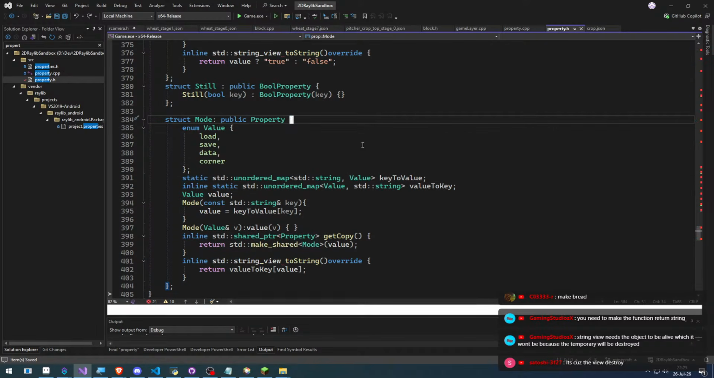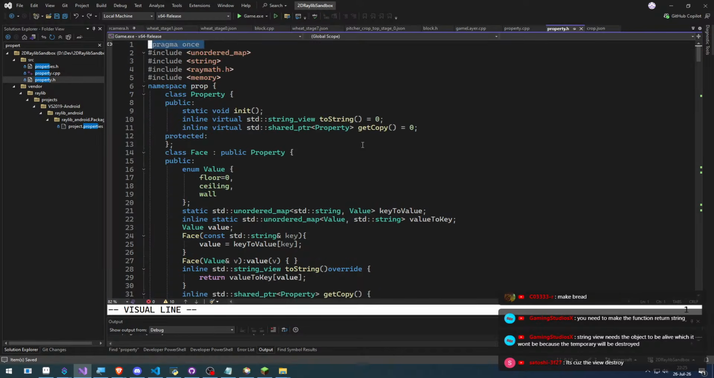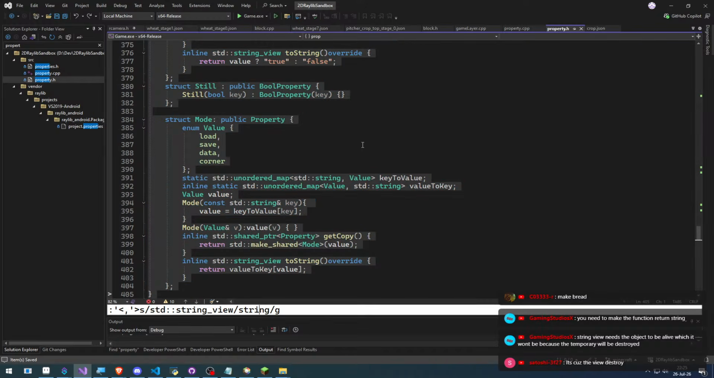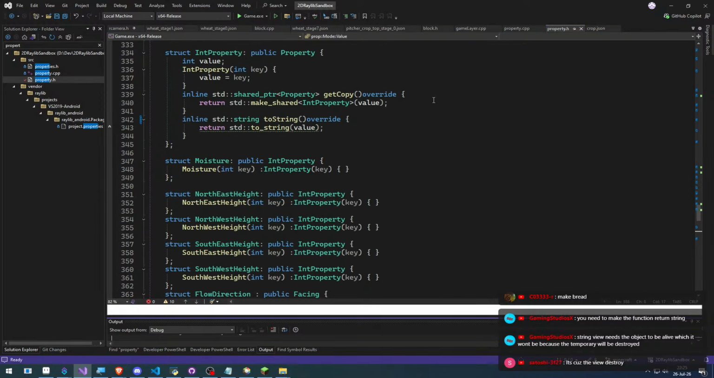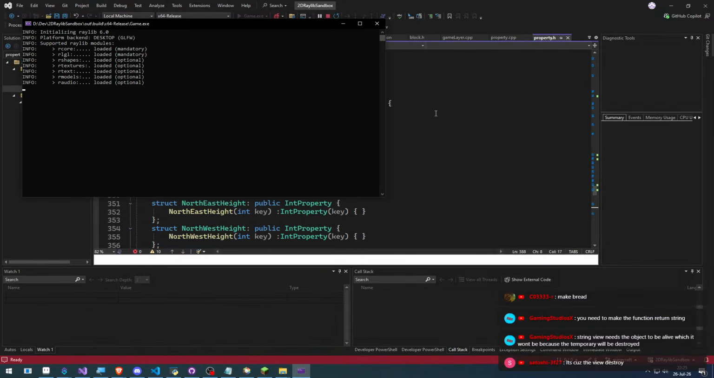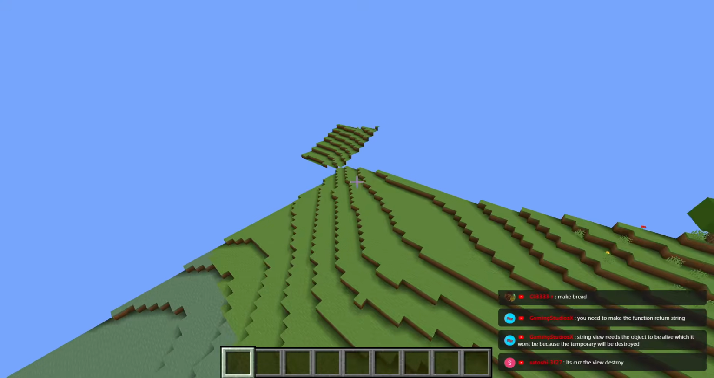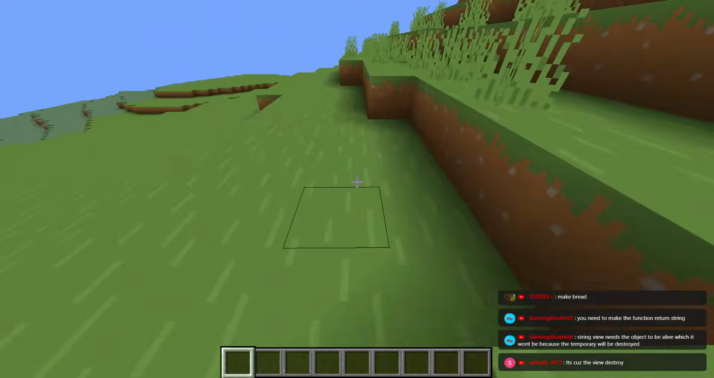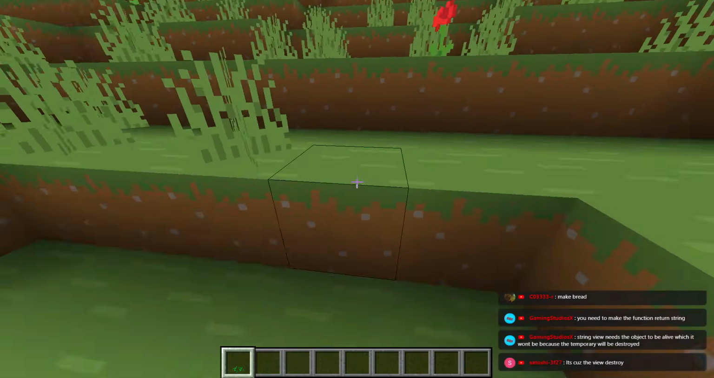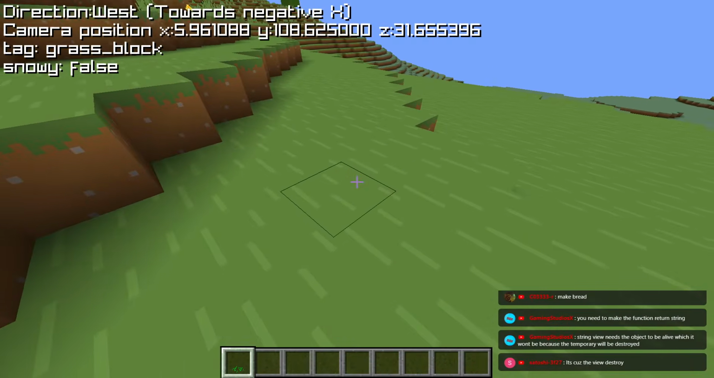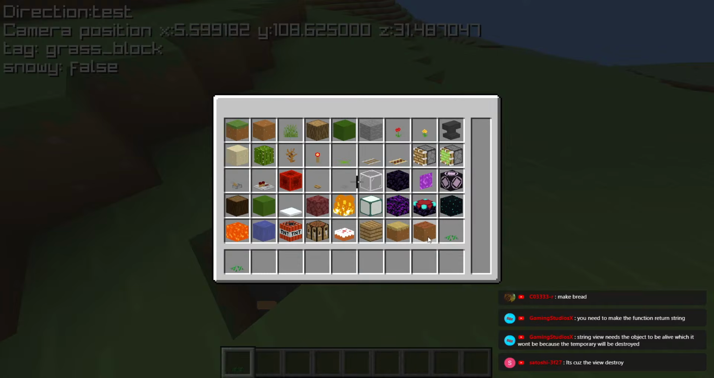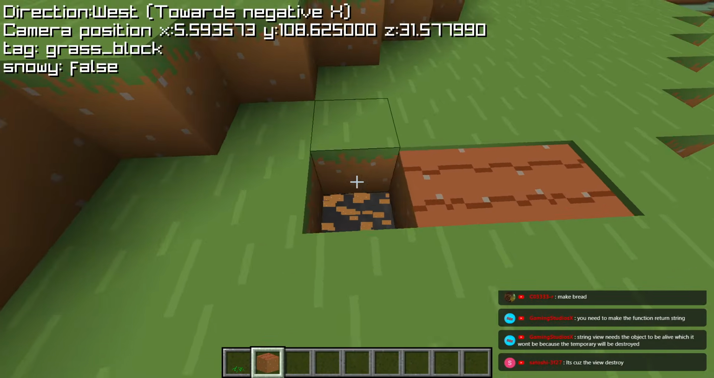Oh, it needs to be std string. Done. Does it immediately run, or is it broken in other places after we refactor the code? Let's see, chat. Probably now it should be working. Yeah, H is 0. Perfect, chat. Perfect. So now if we place the farmland,